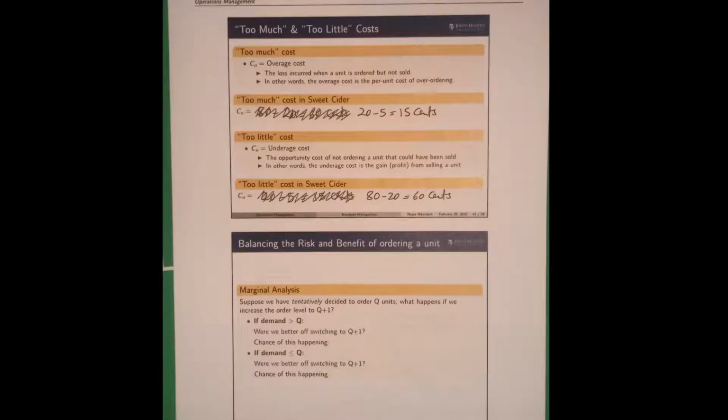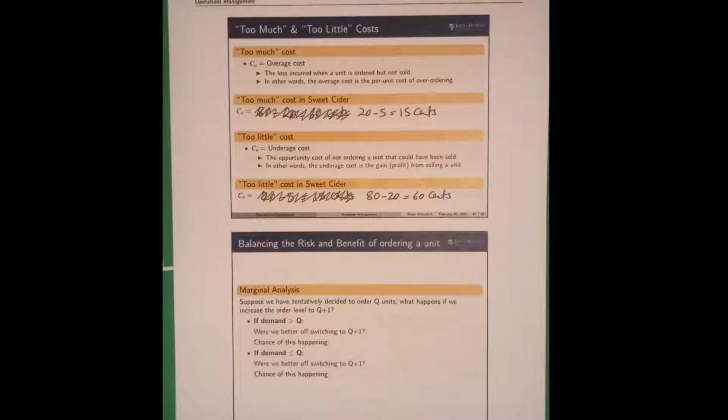Now, how are we going to model having too much inventory versus too little inventory? We are going to introduce two parameters. One of them is called CO, cost of overage, and the other one, CU, cost of underage. These are very simple concepts, extremely simple concepts. I just hope that we are not going to end up memorizing them, right? Because they might be slightly different for every problem. So let's talk about CO first, cost of overage.